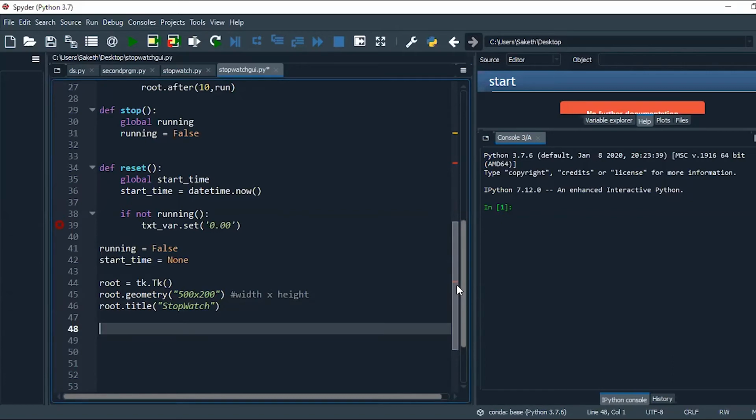So I have defined my tkinter library and I have given my geometry for the dialog box, because when you run your program, you can see the dialog box will be appearing. For that I gave the title. Then I set my variables,